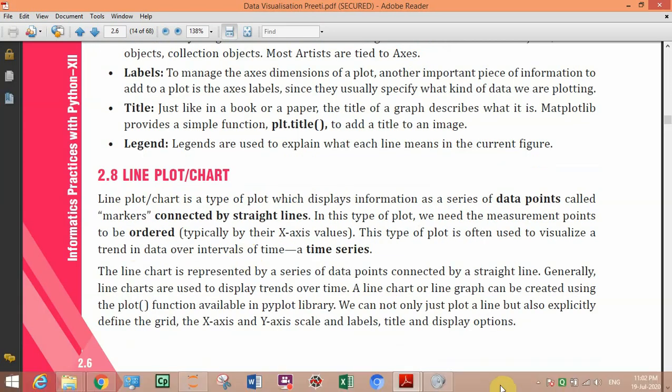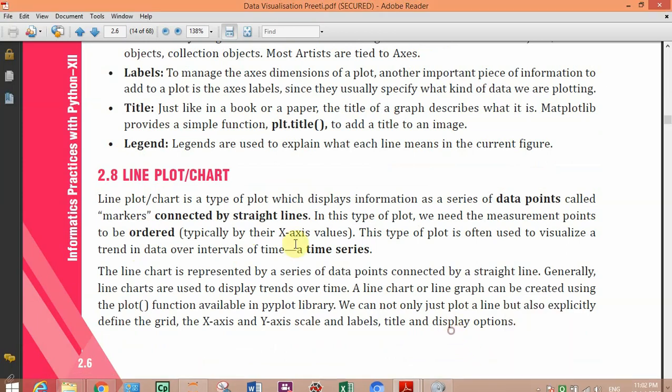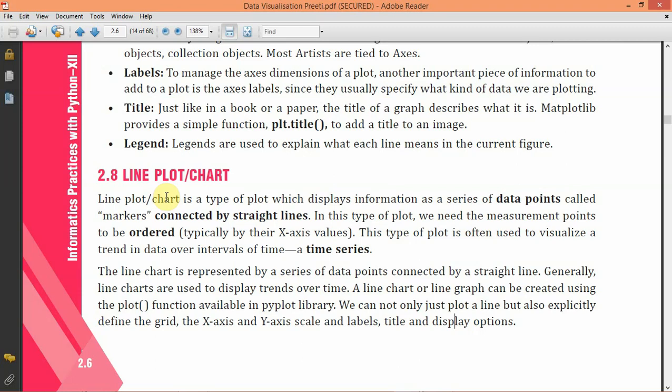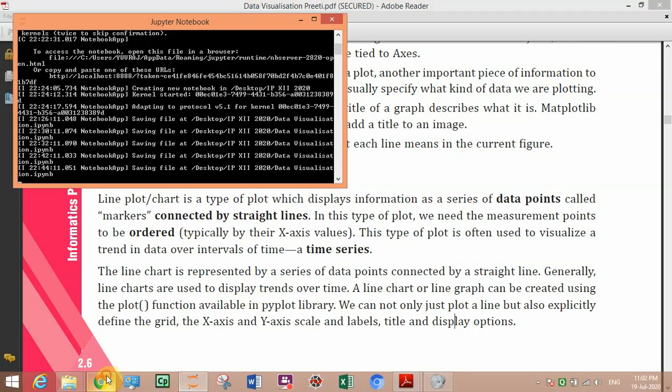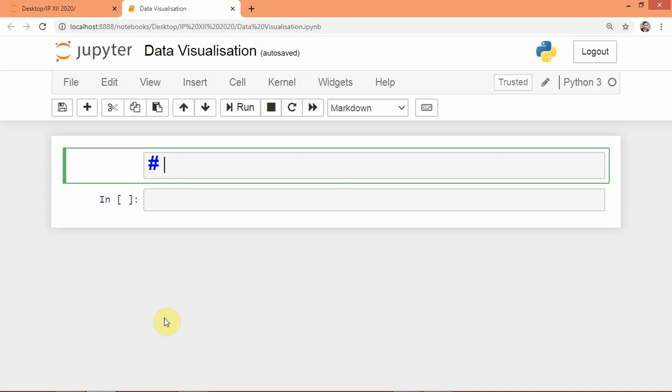So before going ahead I want to show you a simple line chart or line graph, how to make a line graph. So for that we will go to our editor Jupyter and we will start line graph.